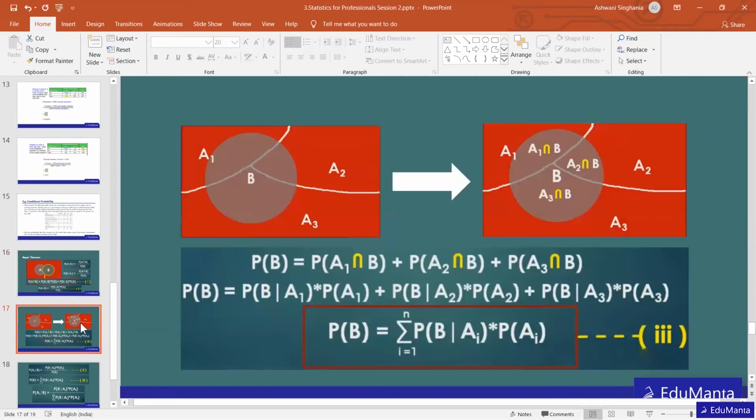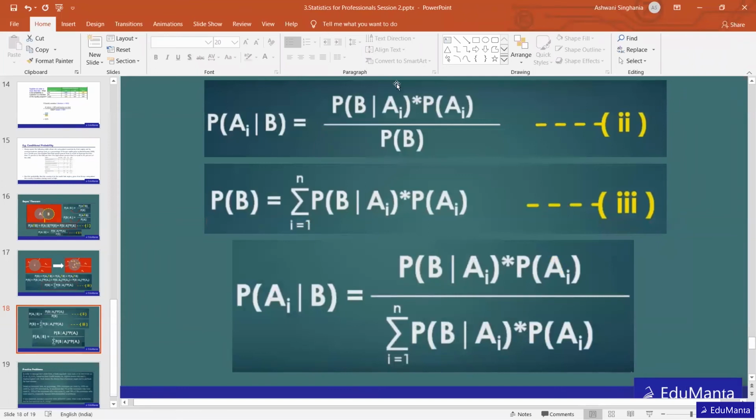I think it is clear to everyone. If any confusion is there, tell me, I will repeat it. We are just trying to derive the formula for Bayes theorem. Basically, if there are three parts, we are just going to do the summation of these three. That's what we have written here in short. And then finally,